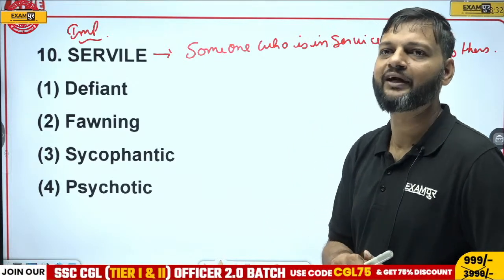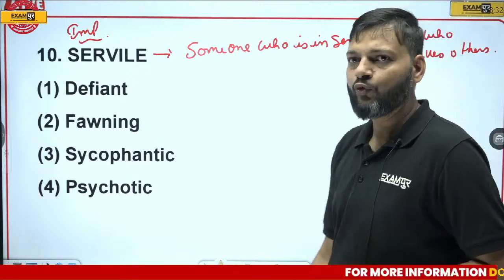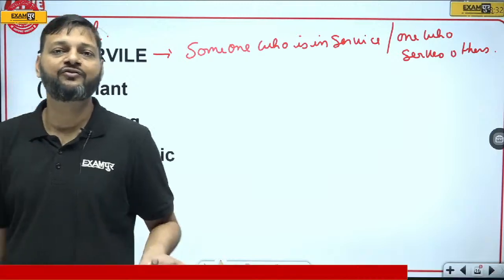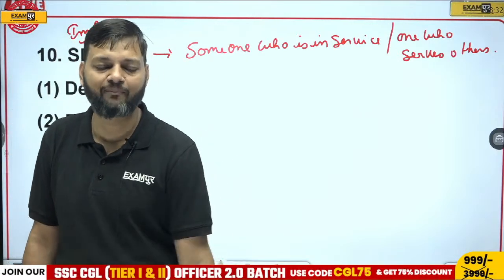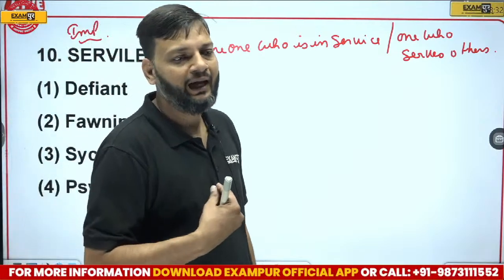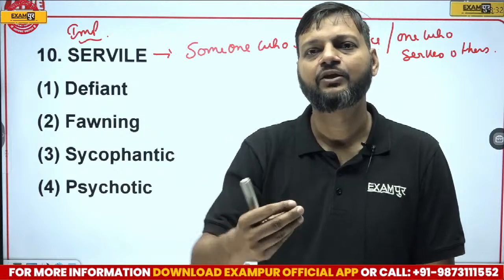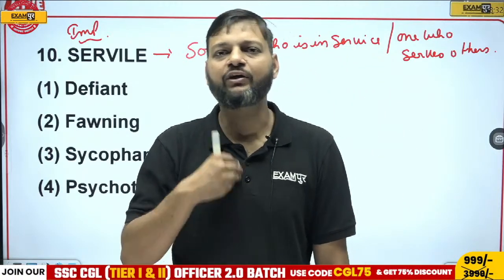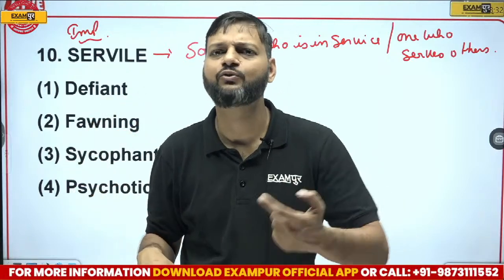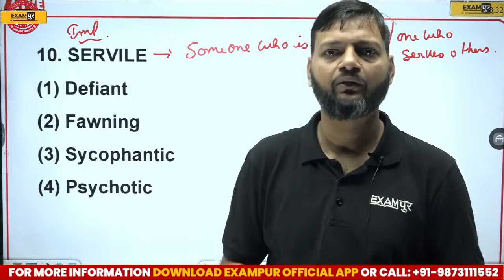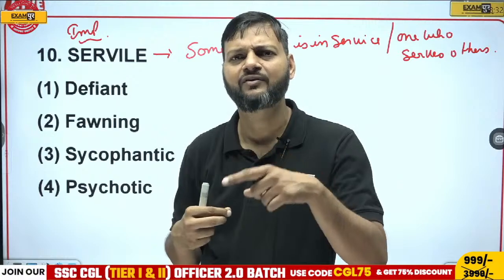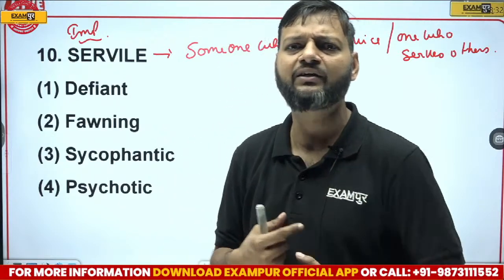Vikramaditya, you are absolutely right. Defiant is the answer. So when we always say yes to someone, when we never oppose someone, we are called servile. For example, you are my student and you say yes to everything, whatever I say. I say, this is not morning, this is night. You say, yes, sir, you are absolutely right. If I say I am wearing a white t-shirt, you say, yes sir, you are wearing a white t-shirt.